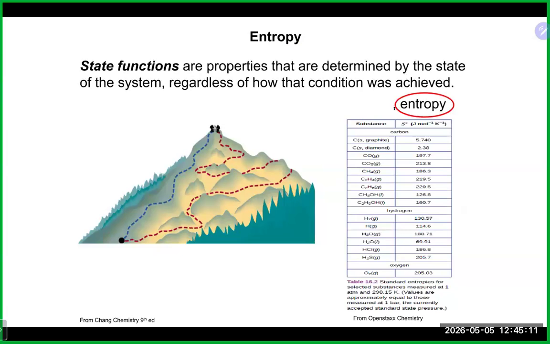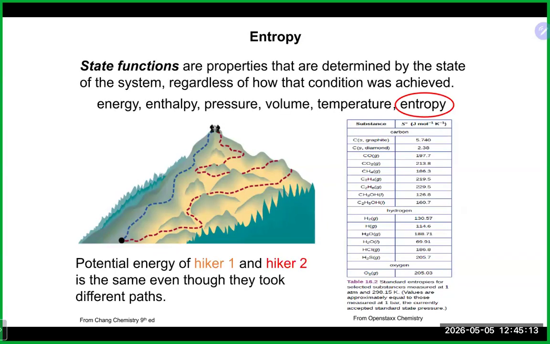So, as I mentioned a second ago, entropy is a state function. And remember that with state functions, there's really only two important things: where you start and where you end. For these hikers, for example, the blue guy took the more direct route up the mountain. The red one took the scenic route. But in terms of their potential energy, they both basically have the same because they both started and ended in